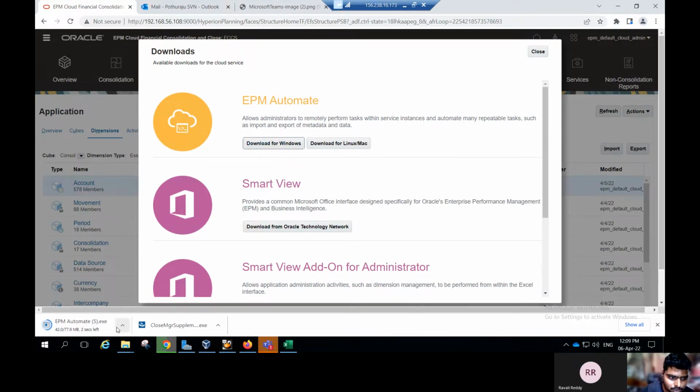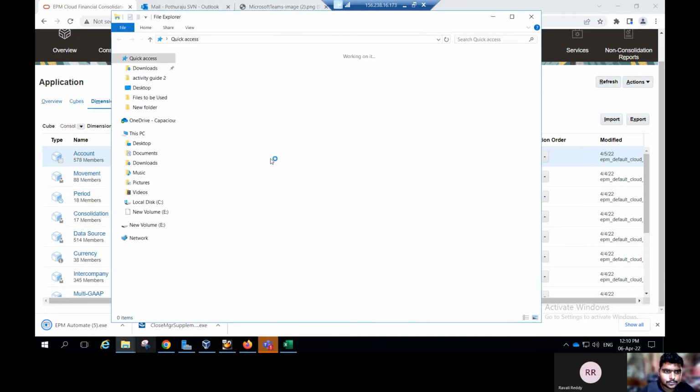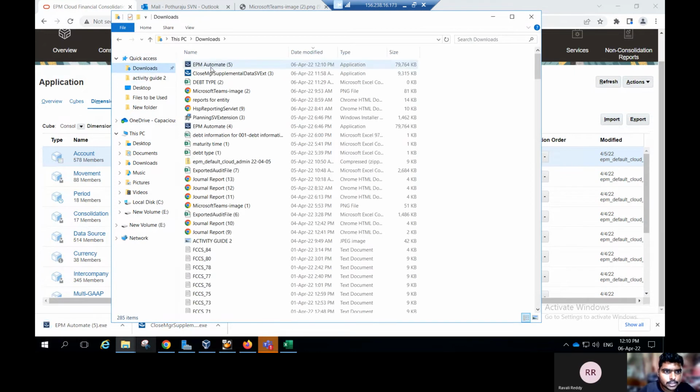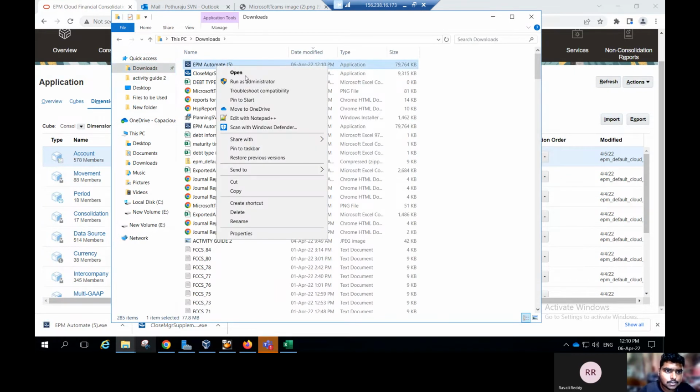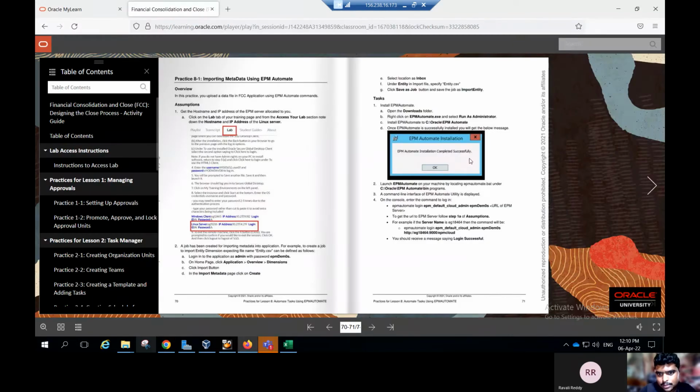So EPM Automate is downloaded. After clicking on close and on show in folder, click on Windows C. In the Downloads, you can see the EPM Automate extension. After clicking on run, I have already installed EPM Automate. Now open. After clicking on submit,